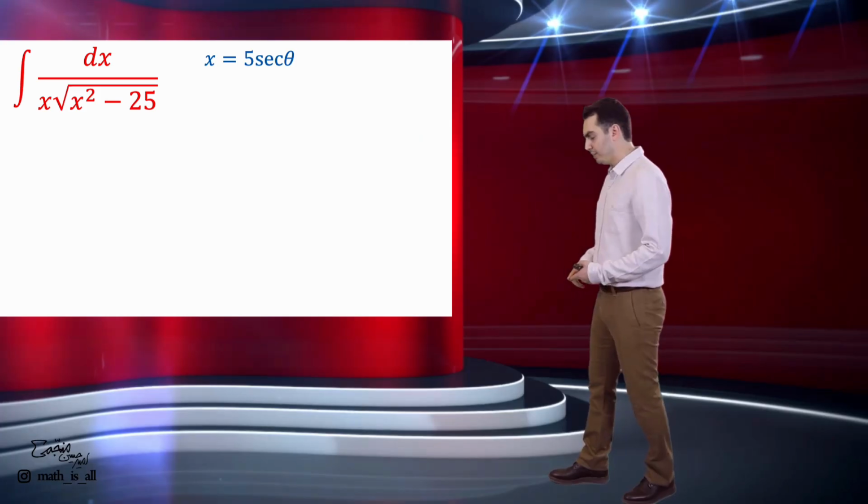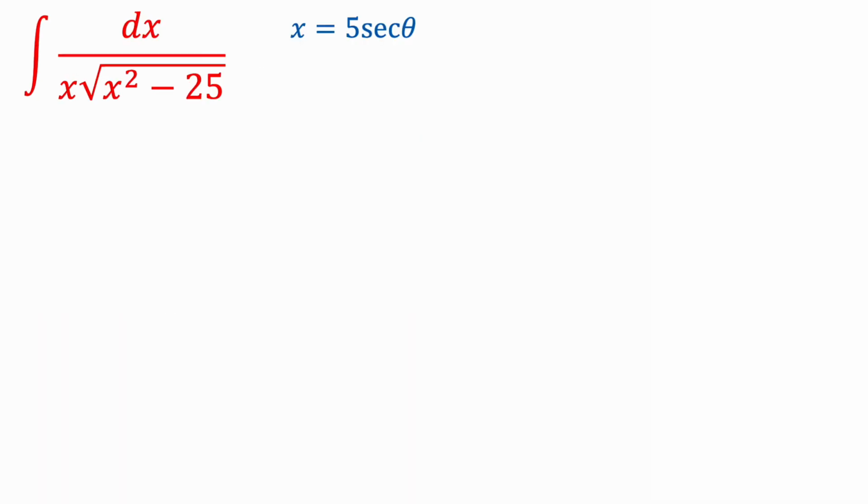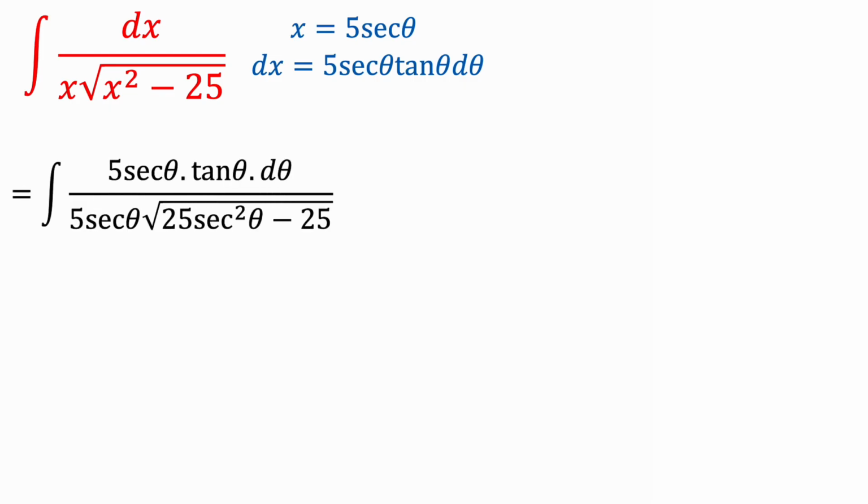We've set x to be equal to 5 times the secant of theta. We won't wait for anything. We'll immediately take the differential. So dx becomes 5 secant theta, tangent theta d theta. Now let's substitute this into the numerator. 5 secant theta tangent theta, and in the denominator we have an x. Don't forget that instead of x, we'll be writing 5 secant theta. Under the radical, instead of x, 5 secant theta squared